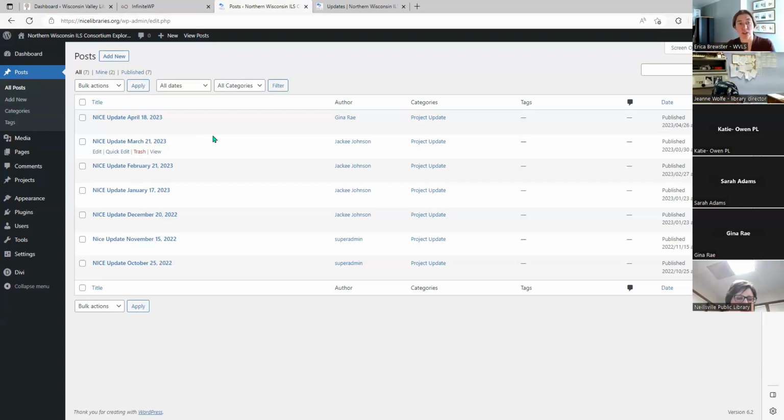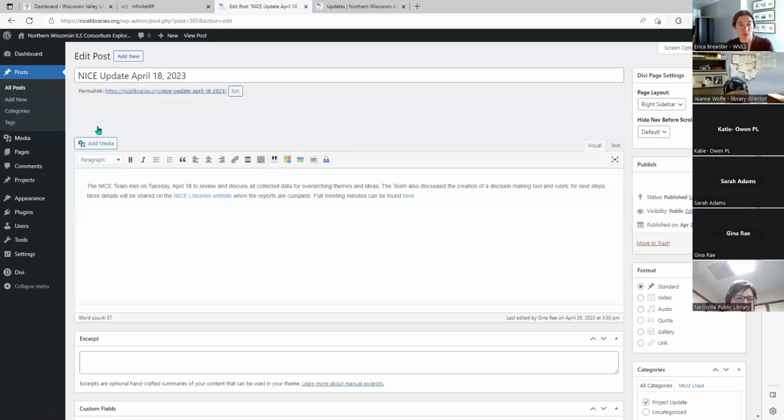Since we're looking at a very simple website, the only place that these NICE updates are going right now is this project update category. Where the information goes is based on the categories. And we'll look at a couple other examples in a second, but I'm keeping it very simple right now with our project update. If we come in and we edit this post, you'll see here is the title of the post,